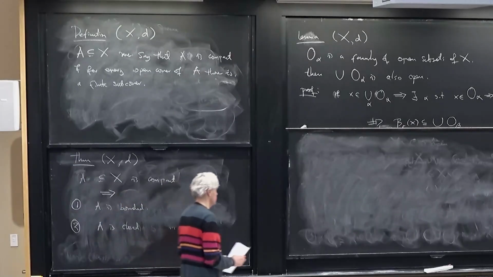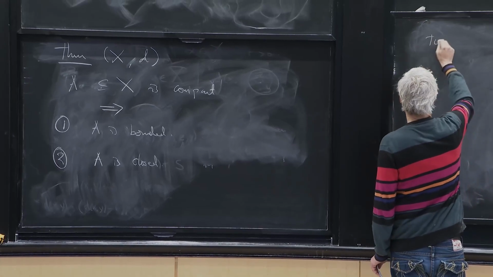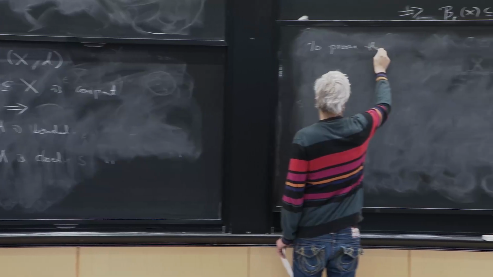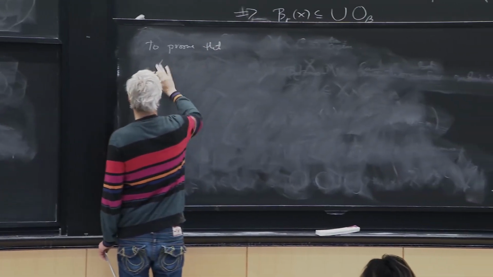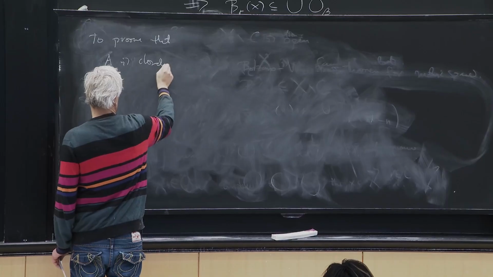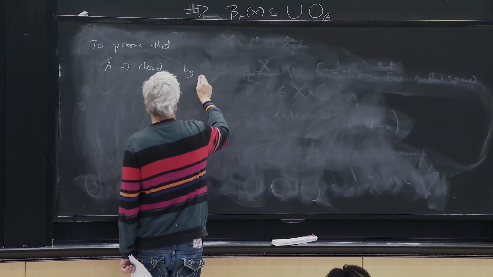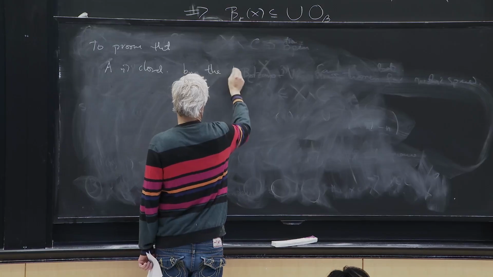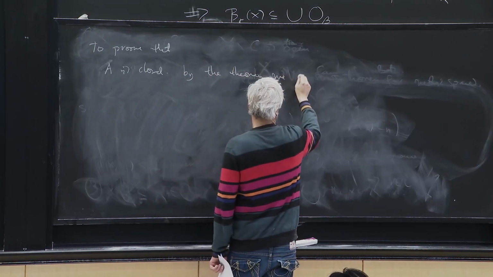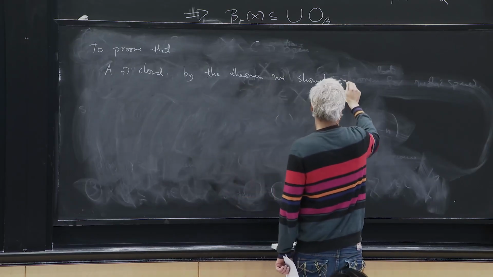So to prove that A is closed, by the theorem we proved earlier, we need to show